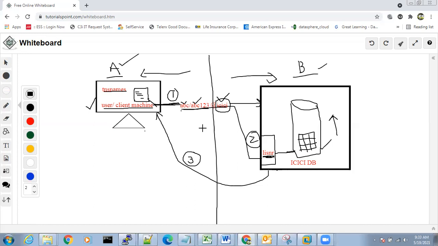So there are two checks that will be done. First check is the listener. If the listener is up, then only the user will be able to connect. Second check is whether the TNS name is correct. Whatever the TNS name the user wants to connect to, if it is correct, then the user will be able to connect. Else, the user will not be able to connect to this database at any point of time if any of these is not working. If the listener is not there, the person who wants to listen is not there, no connection. If TNS is not there, no connection. So let's get into the practical now.